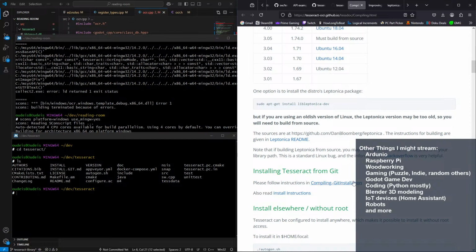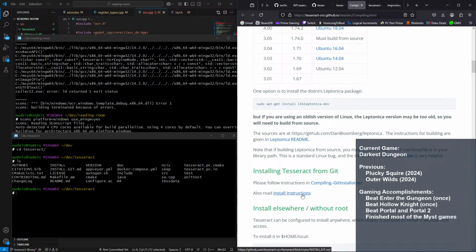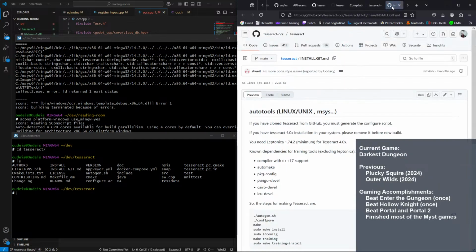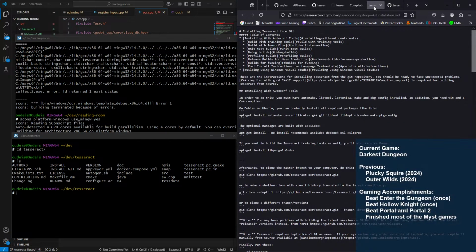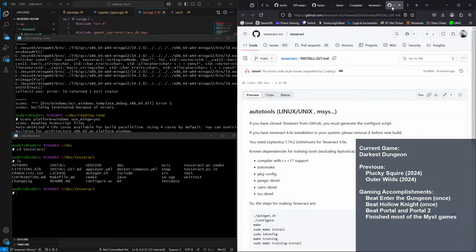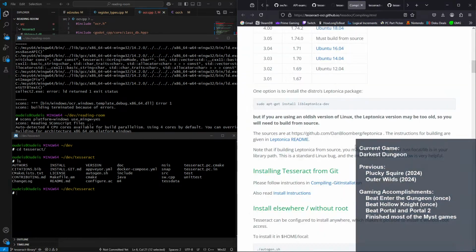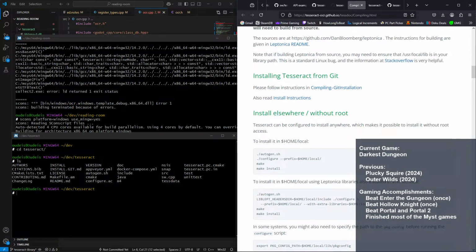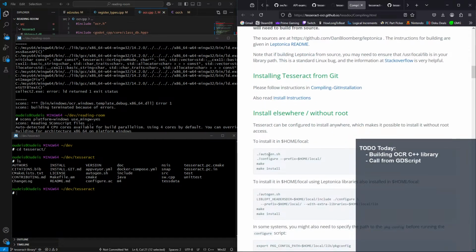So, installing it from Git. Let me take a look at the install instructions. But this is going to be like the... Okay, those two are probably what I actually need. Installing it elsewhere, so